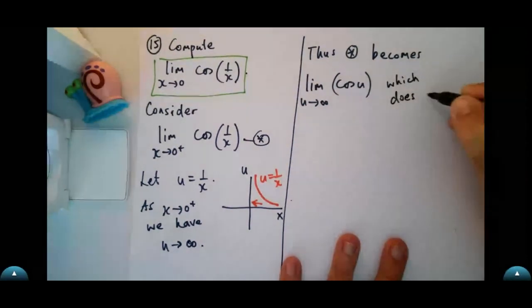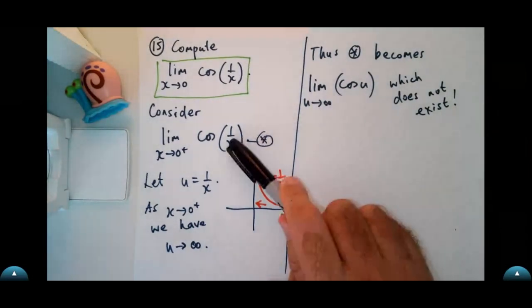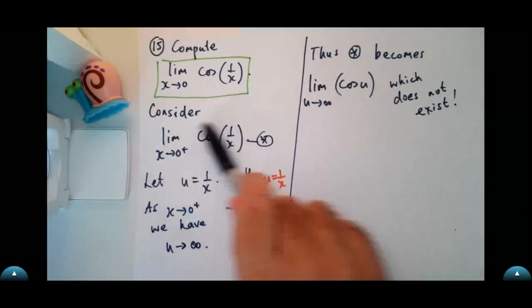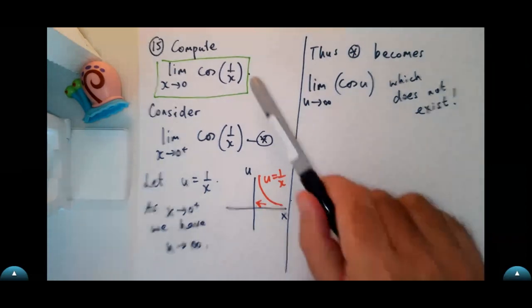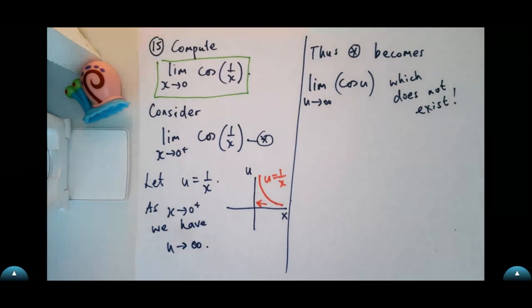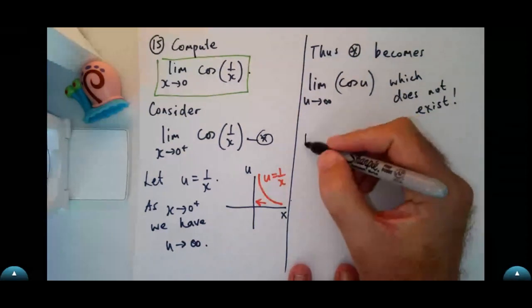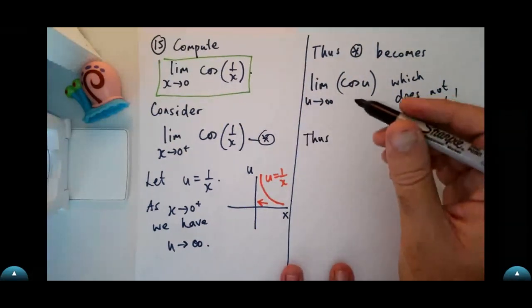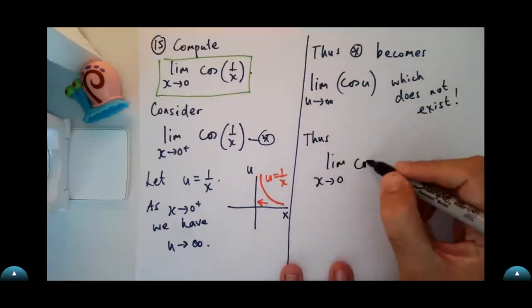Which does not exist. So if this and this are the same, and this one-sided limit doesn't exist, this original limit absolutely cannot exist. Okay, it cannot exist because this only exists if this and the left-hand limit exist and are equal. Okay, so this limit absolutely cannot